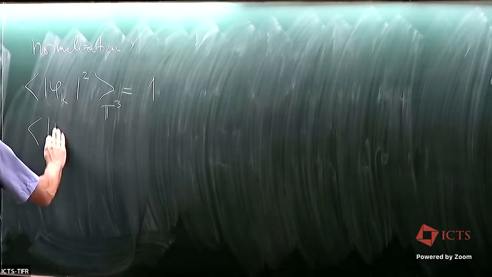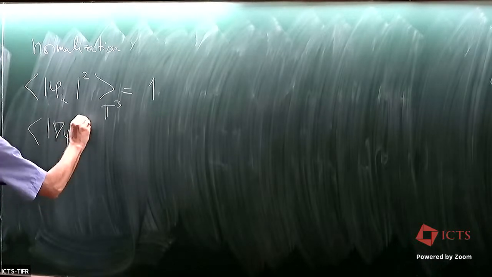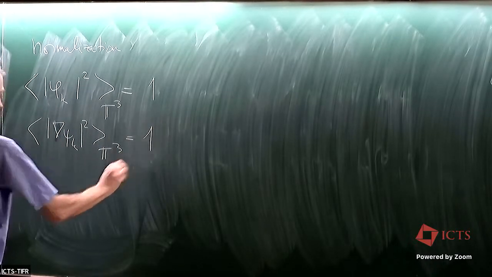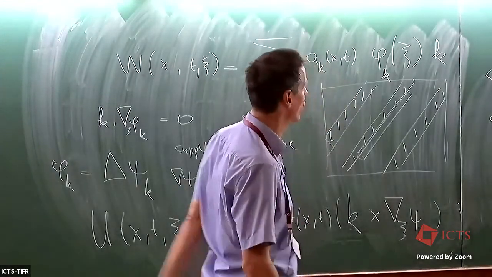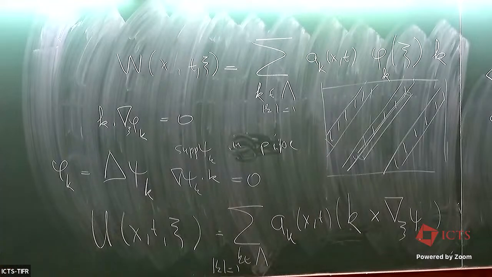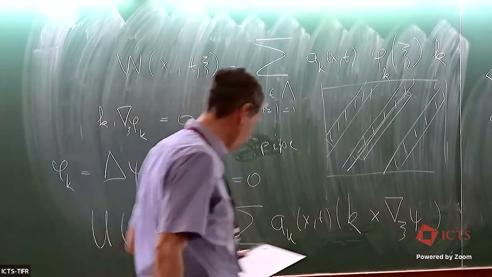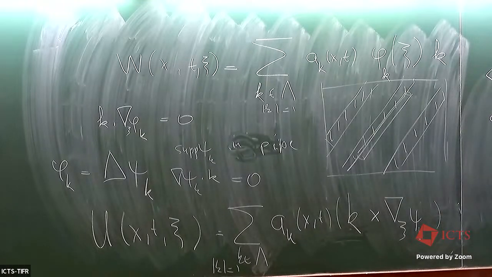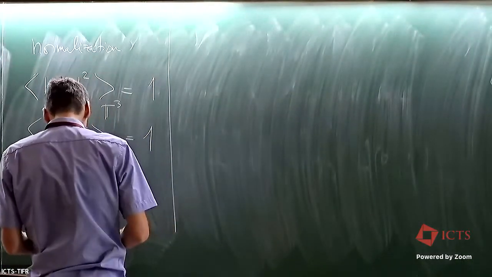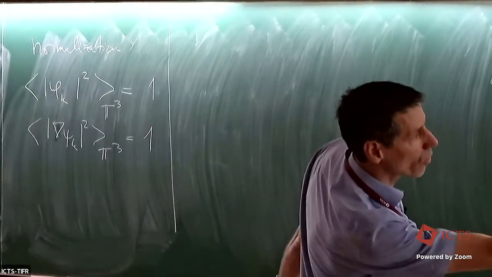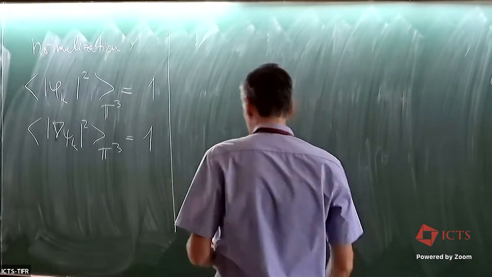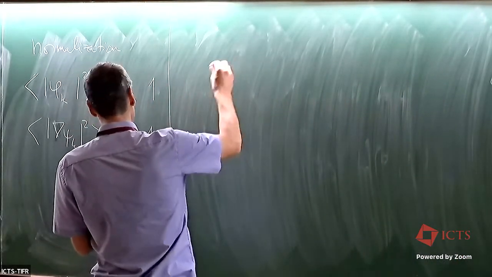I want these to have unit length, and I also want the gradients of the psi to be normalized. And it's easy to check that by playing with the radii of these tubes and the amplitudes, you can achieve both at the same time. And this is useful for several things, but the main point is that the cell problem over there, and now I'm forgetting all the subscripts Q, will have the explicit solution,